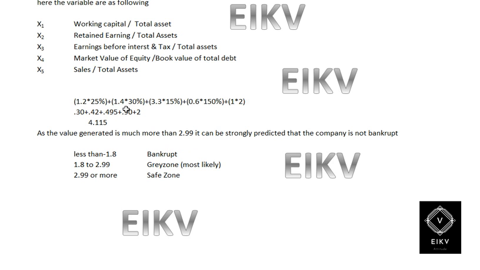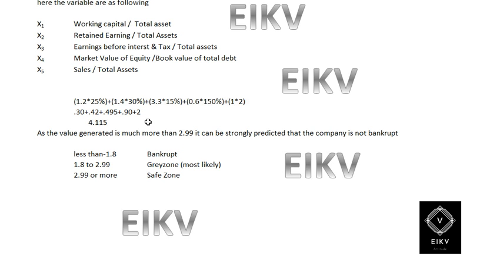So when we calculate that formula, or when we reduce that formula, we will get 0.30 plus 0.42 plus 0.49 plus 0.90 plus 2, and when we take the sum we will get